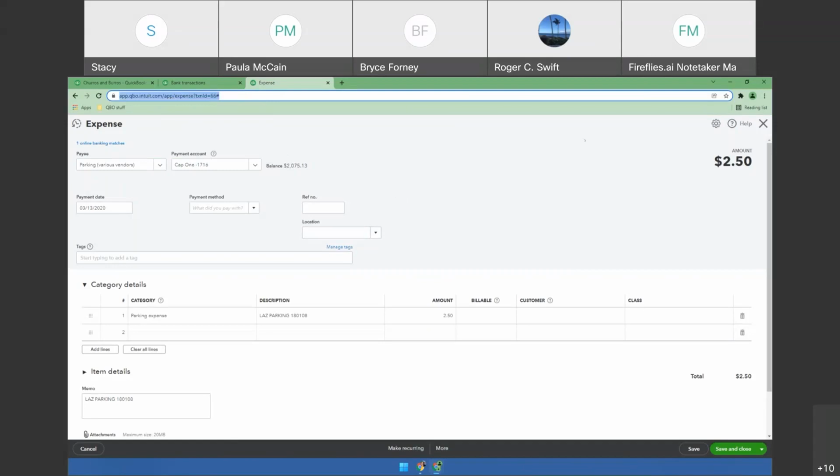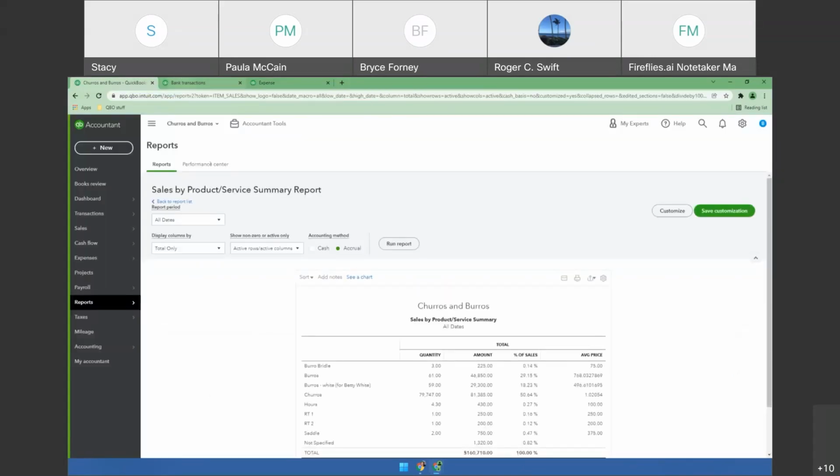So the other thing about QBO is that sometimes, rarely, but sometimes it's important to clear the cache and cookies if you get unexpected results within QBO. And I have a trick for this after you get done. With cache and cookies, you can click on the three dots in the upper right,